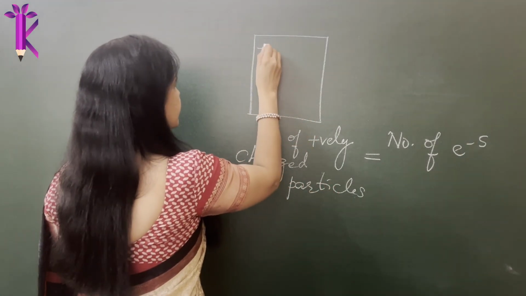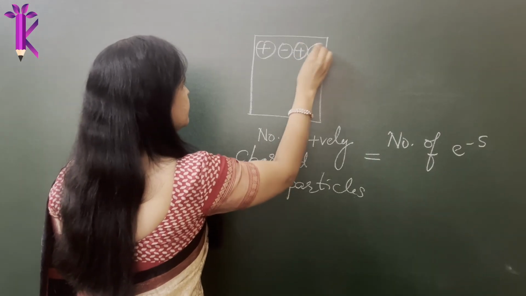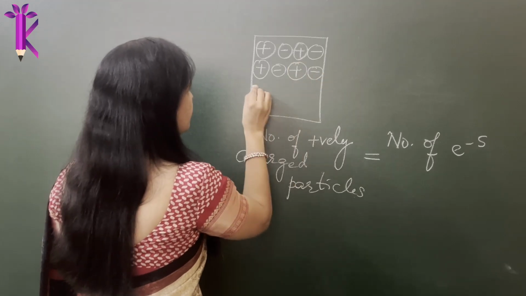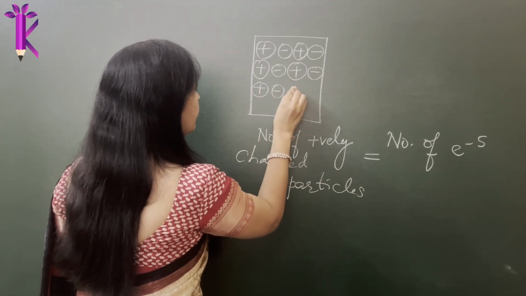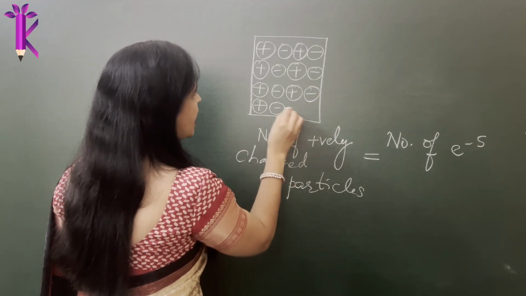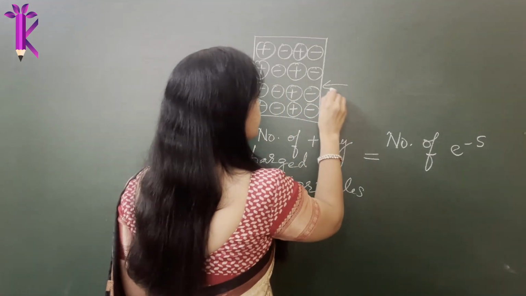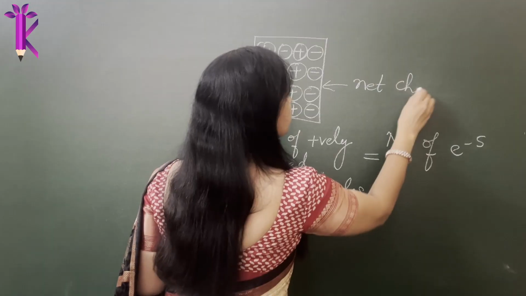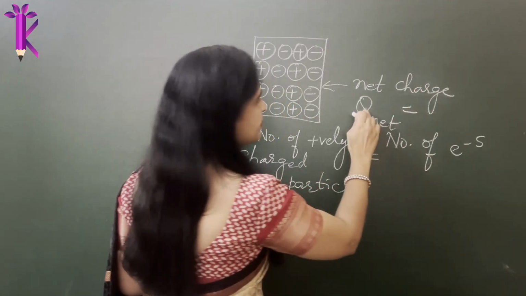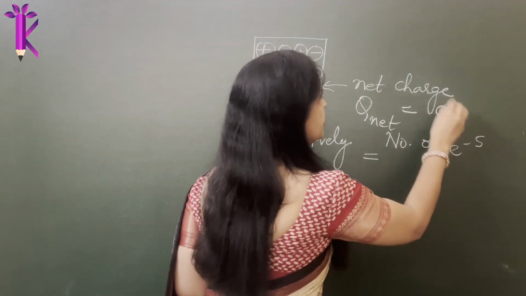So let me write here, it could be positive, this could be negative, positive, negative. Okay, so it is something like this. So the net charge on the system will be 0 because each one of them is equal in number. They pull and repel each other with an equal amount, and hence the total charge on the system will be 0, right? So the net charge on the system here is 0. Net charge is written as Q net. Why am I representing it by capital Q? Because I assume it to be a big charge. So Q net is equal to 0 in this case.